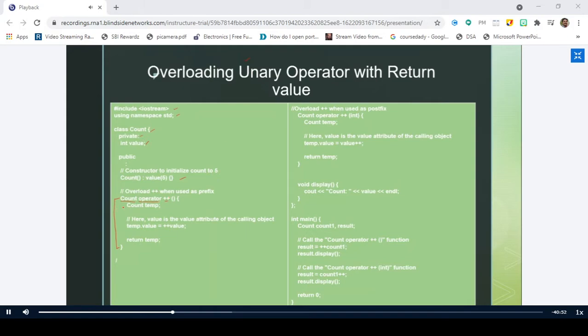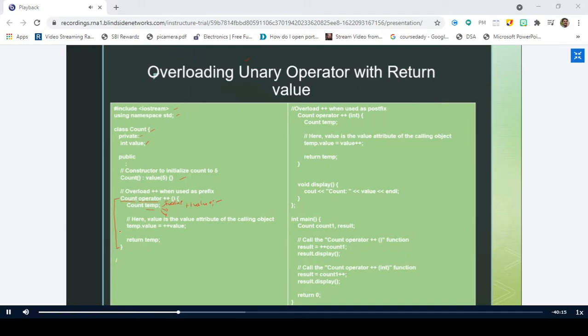In this code, see here, as I told, whenever we call this plus, it is going to execute what is there inside this operator function. That is what the compiler knows. Previously I simply made it as plus value, and it executes in a perfect manner. Now I am creating a temporary object of count. One object will be created, and this temp object will have a value, and similarly it will have the functions also.